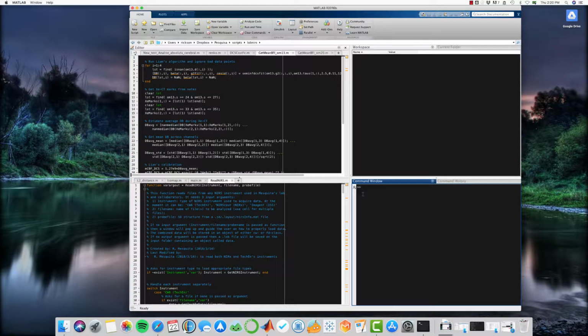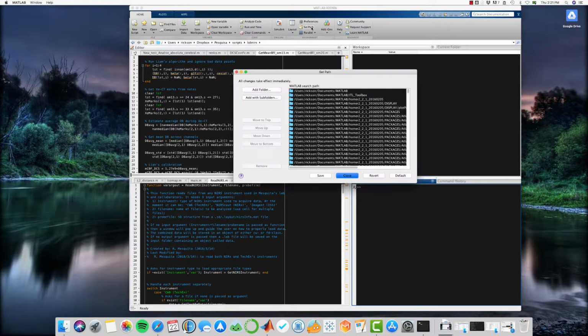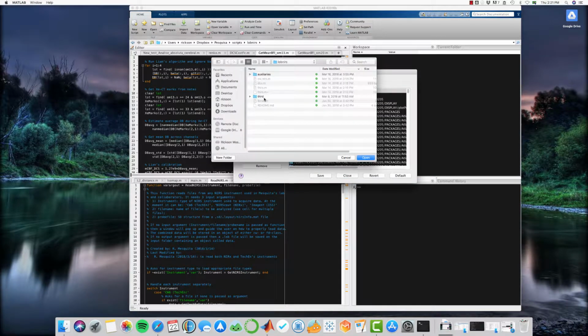Okay, now that MATLAB's open, the first thing that you need to do is to have all the files that I sent you in your path. So the first thing is just go to set path, and then you can add folders with subfolders, and then you can navigate to where the function is. Mine is actually on my Dropbox, but I don't know where you put yours. So just go and navigate until you find the first, which is lobnirs. And as soon as you hit open,